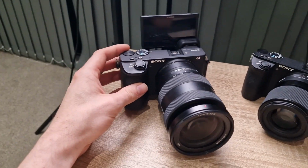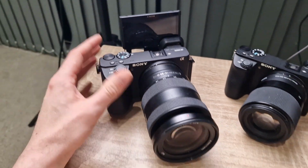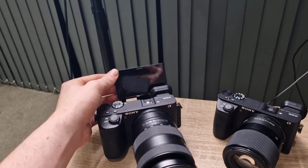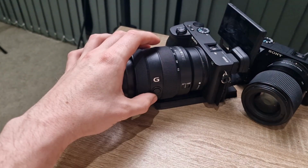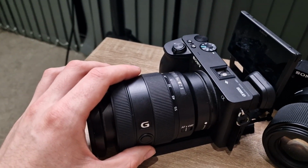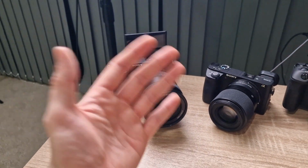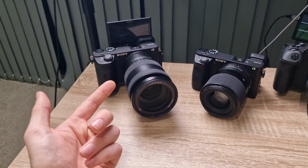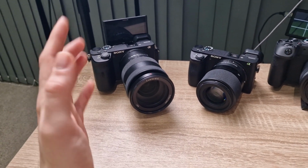I upgraded to this camera, which is basically exactly the same, but it's the a6600. It just came with a few more features, most notably the flip screen. This was about £1,000 at the time when I bought it, and I dropped some money on this G lens, Top G, which was 16 to 55 f2.8. And actually, this is the camera where I've essentially made most of my money. I've been using this camera since 2021 now,